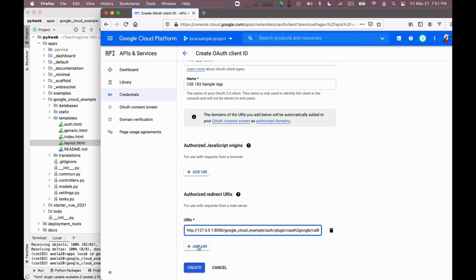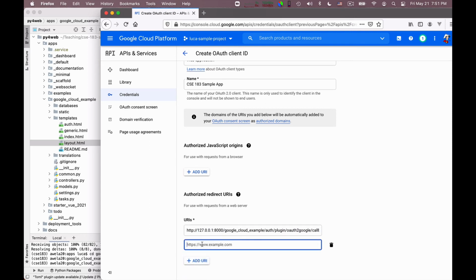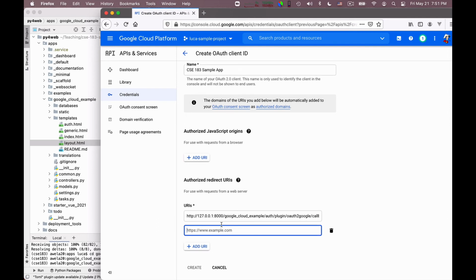Then I also wanted to add the one that we will use after deployment, okay? And I want to use HTTPS, so this time we'll be using HTTPS. And then, I created Luca sample project, so actually I already know how it is going to be called, my cloud site. Then I can also buy a vanity domain and make it nicer, but for the moment I can call it Luca sample project.